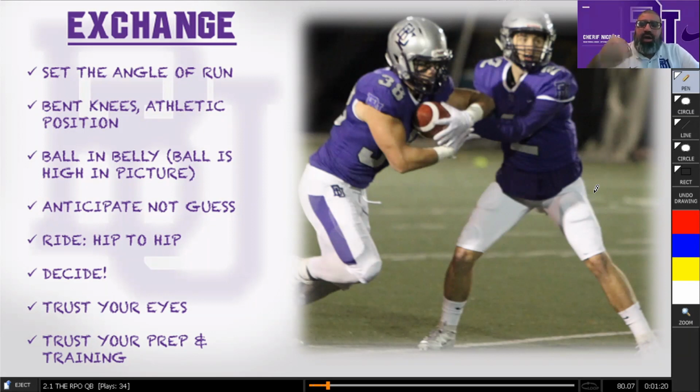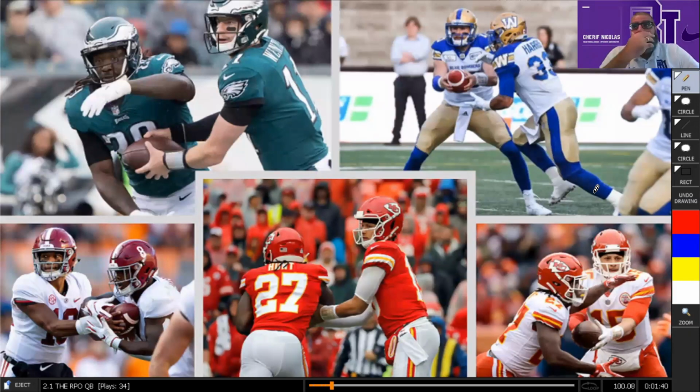The key in the RPO game is the decision. He has to decide. He has to trust his eyes, and he has to trust his preparation and his training. And that's part of your job, too, to prepare him for that. Okay, I put some pictures here, pro guys